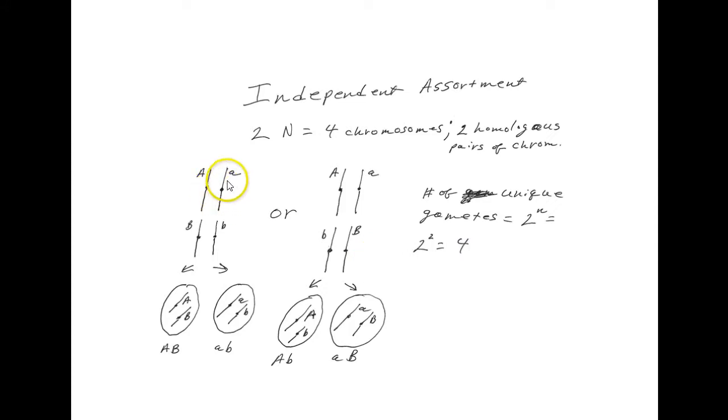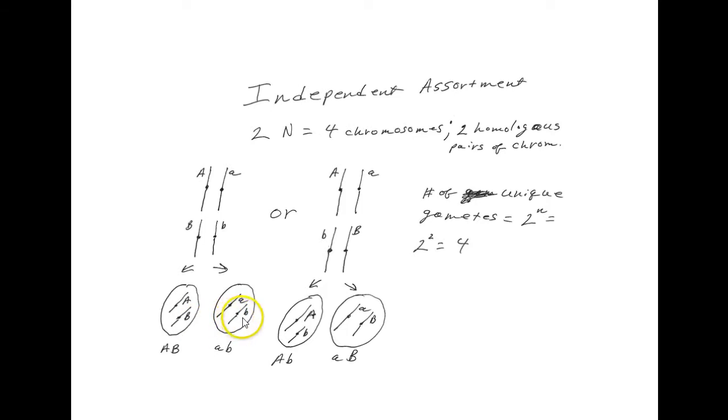And so you notice what happens here. We could have the chromosomes line up like this. The A pair could line up with dominant A on the left. B pair could line up with dominant B on the left. And they'd separate, and we'd get gametes with this combination of